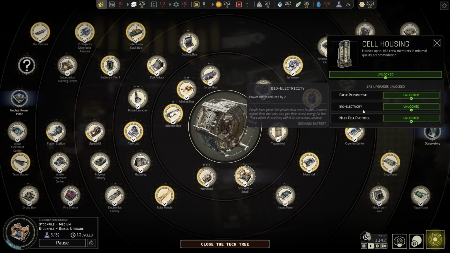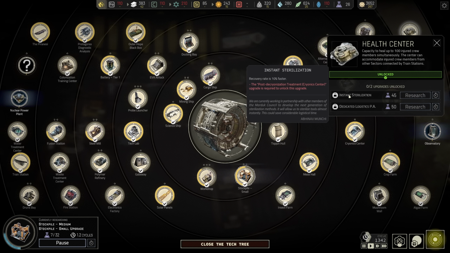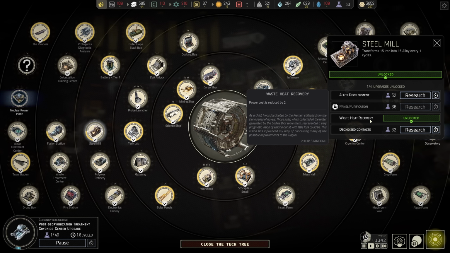Why did I research that one for? What do I need bioelectricity for? Alright, what I needed was post desynchronization in the Frosticles chamber. Alright, we'll get the Frosticles chamber upgraded. We also had to get a steel...